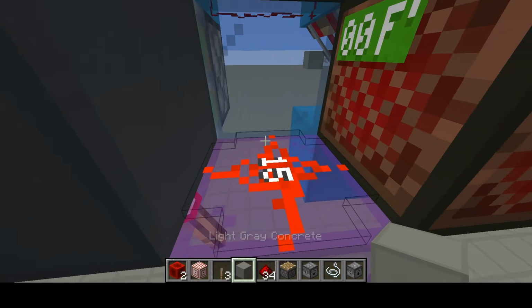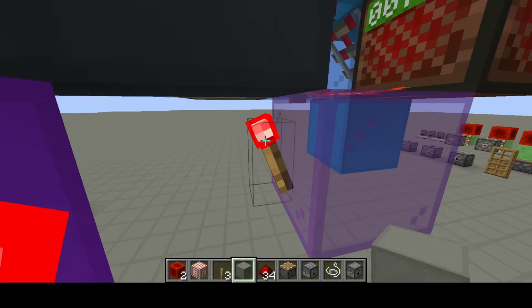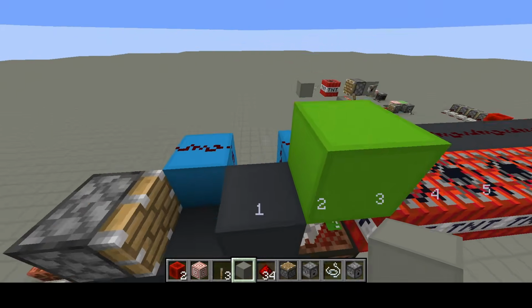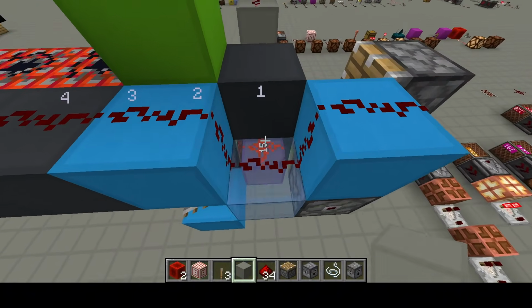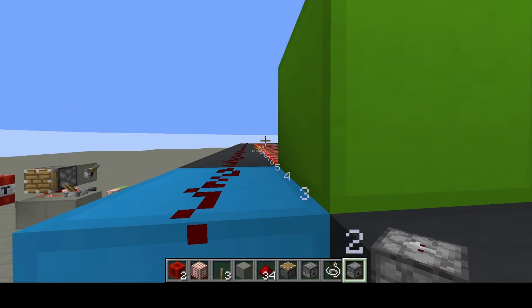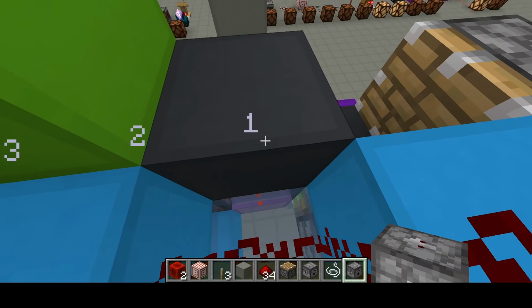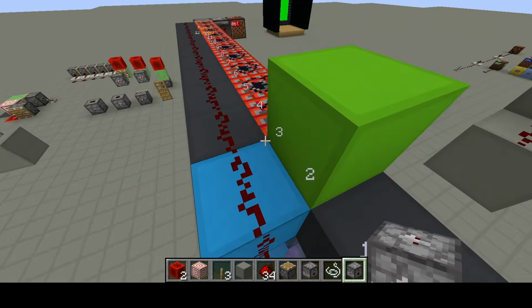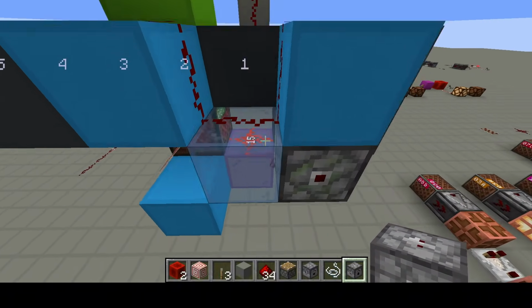And right now that's happening here. There's a redstone torch that's activating a block that's activating this redstone dust. And it can't reach this because it's cut off by the block. But as soon as that piston pushes this block, it activates this because it uncuts it. And then this activates,